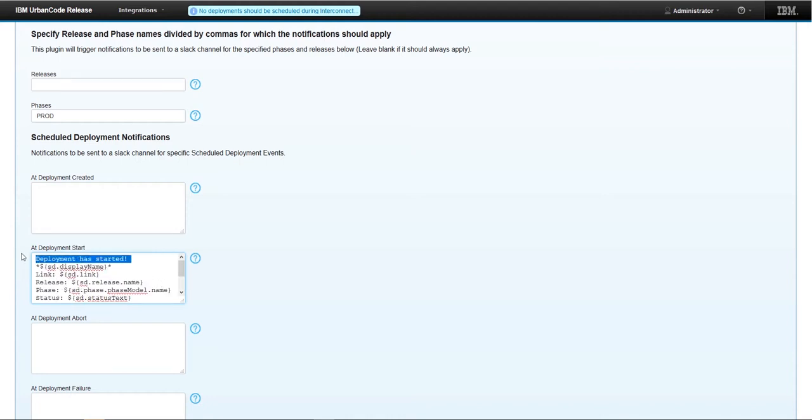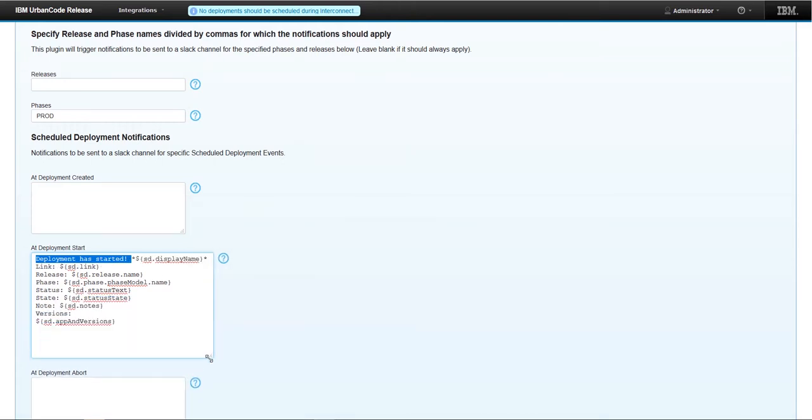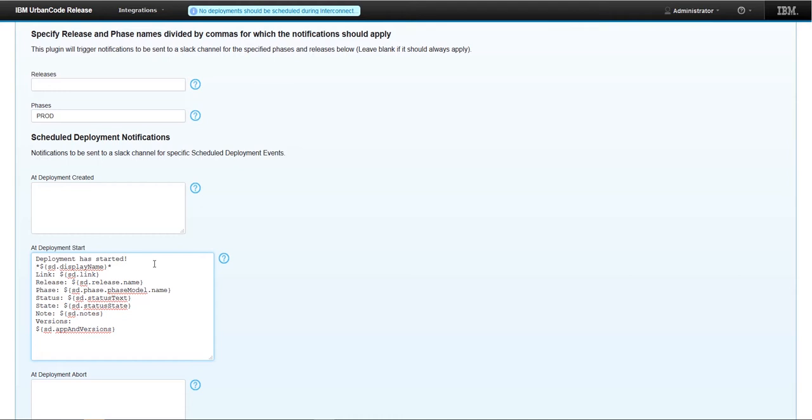You would provide some text that corresponds to the default message that will be sent, and you can put variables in there like the name of the deployment. It could be the link to that deployment, also the release it's part of, the phase, so here it might be prod, the status, is it in progress, is it done, is it failing, so you would get the status of